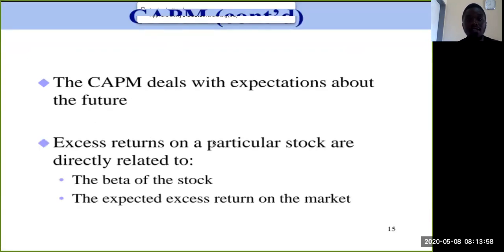The capital asset pricing model deals with expectations about the future. Excess returns on a particular stock are directly related to the beta of the stock. The expected excess